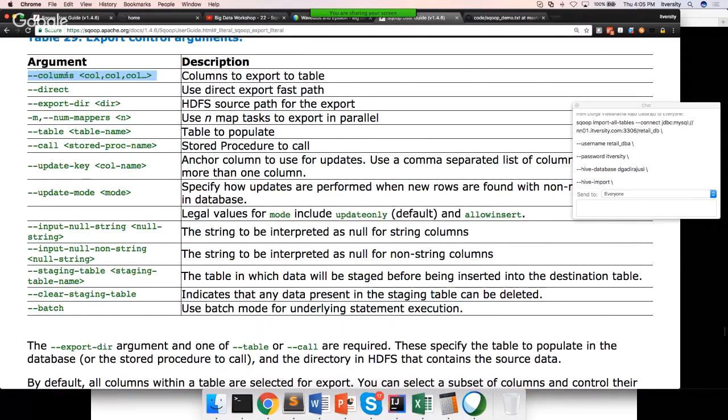Unlike Sqoop import, where it will convert into select column 1, column 2, column 3, it is a little bit different. I will cover that. There is no where condition, and there are no file formats here. All those things which are typically